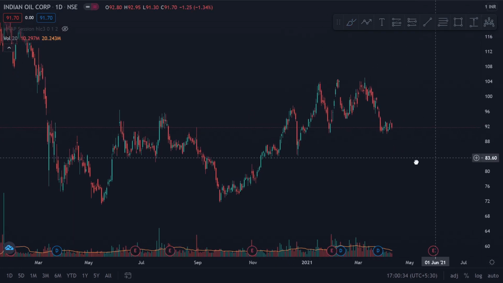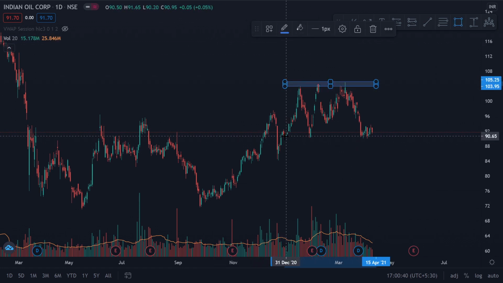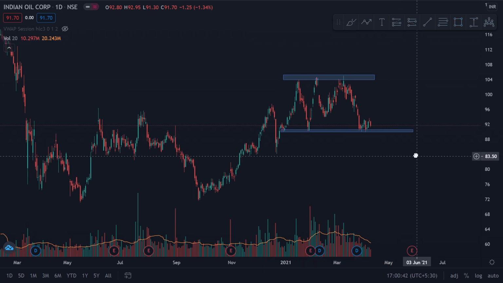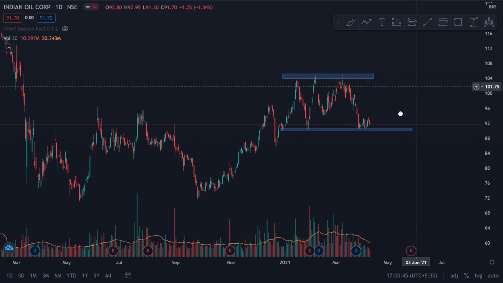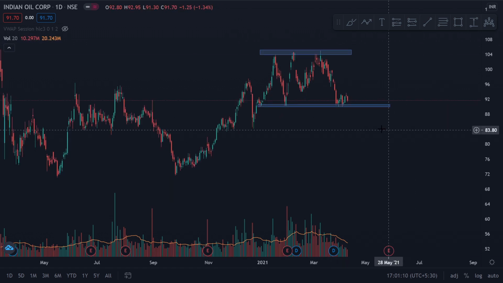And the next stock, IOC. IOC again, price was in an uptrend, and then it has been forming a rectangle. Now this rectangle can be a bullish rectangle and it can break out upwards, or this can be just a triple top and then it can break downwards. So this can be either a continuation pattern or a reversal pattern. If it breaks this high, then we consider it a continuation pattern. It's a bullish rectangle. If it breaks this bottom, then it's a triple top and then it's a reversal pattern. So next targets around this area.